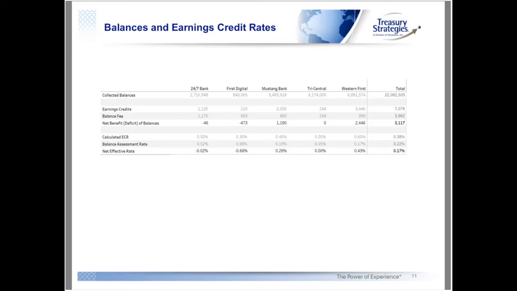The calculated ECR is based on collected balances. That's pretty easy to understand. The balance assessment fee is based on ledger balances, and that's less easy to understand because that means you're paying the bank to hold your float as well as your balances. And while that's appropriate because the banks assess FDIC insurance and other regulatory capital based on ledger balances, it will impact different companies differently. In fact, if we look on here, what's nominally a 15 basis point balance assessment fee